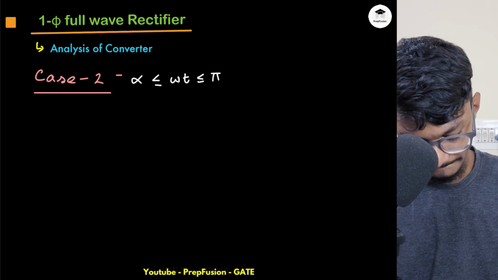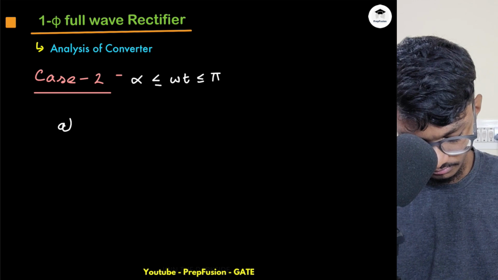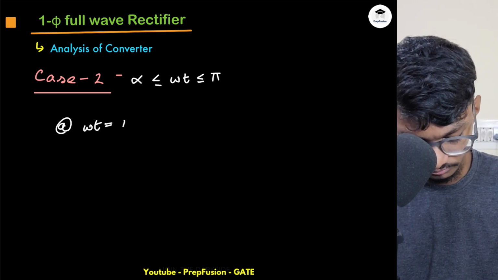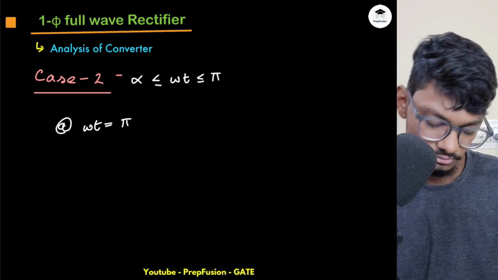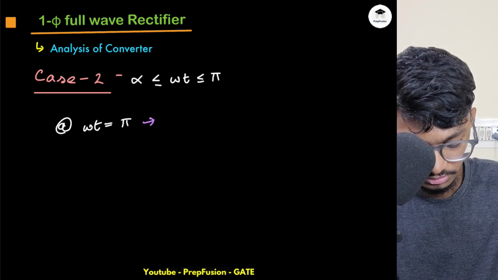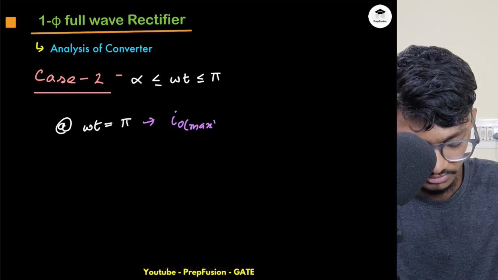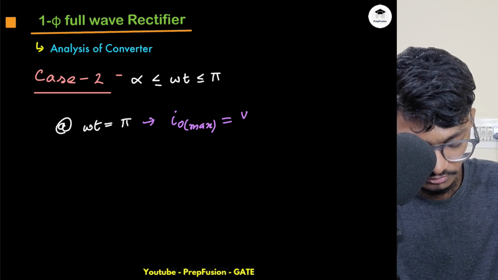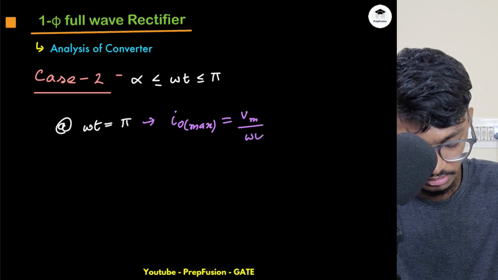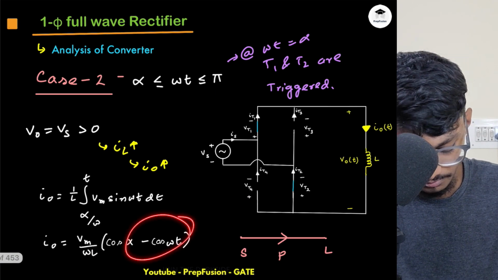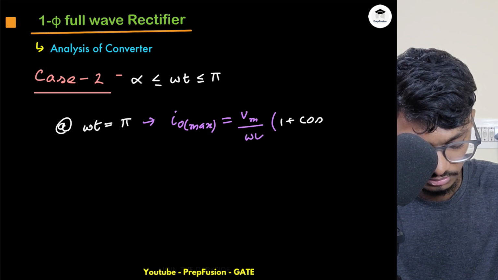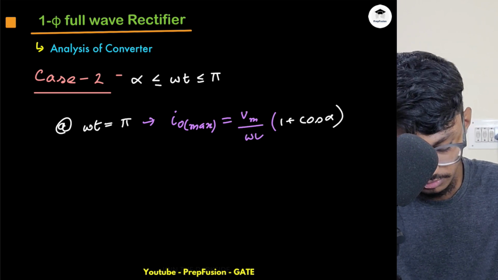At omega t equals pi, I will get IO max, because after that everything will discharge. So this will be Vm by omega L, and if I put pi over here, this will be plus 1, so cos alpha plus 1, that is 1 plus cos alpha. This will be the value